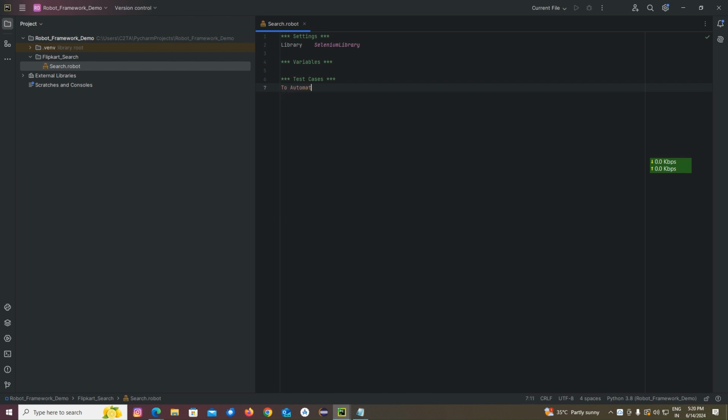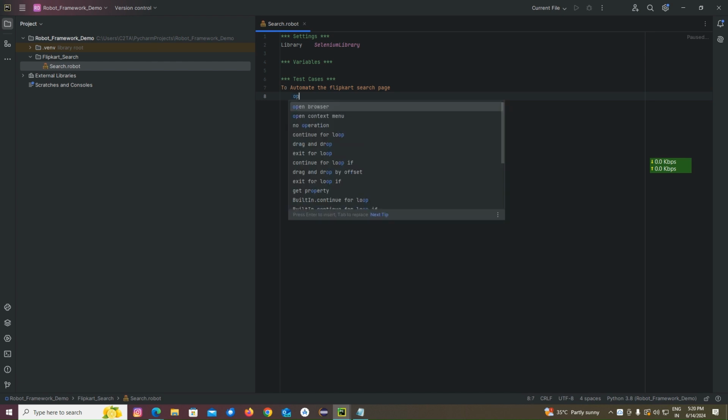First we need to give the scenario here. What scenario are we going to automate? The Flipkart search page. Now after that I should give a space,